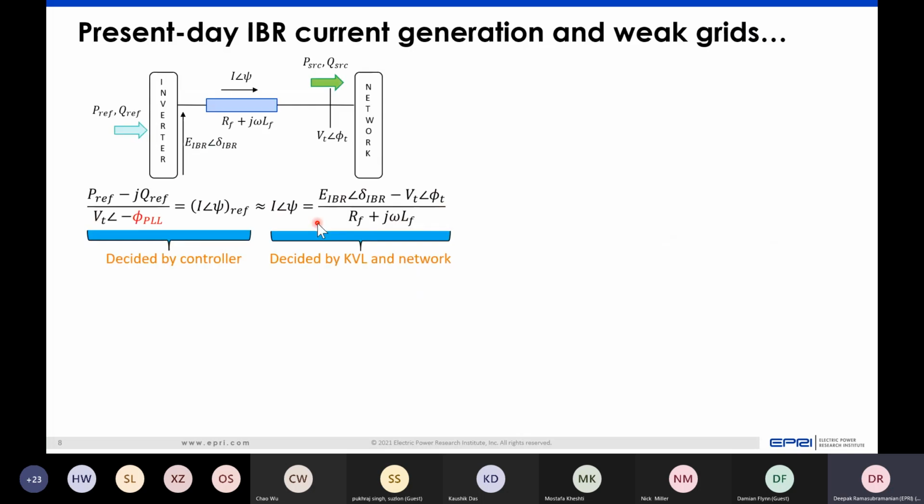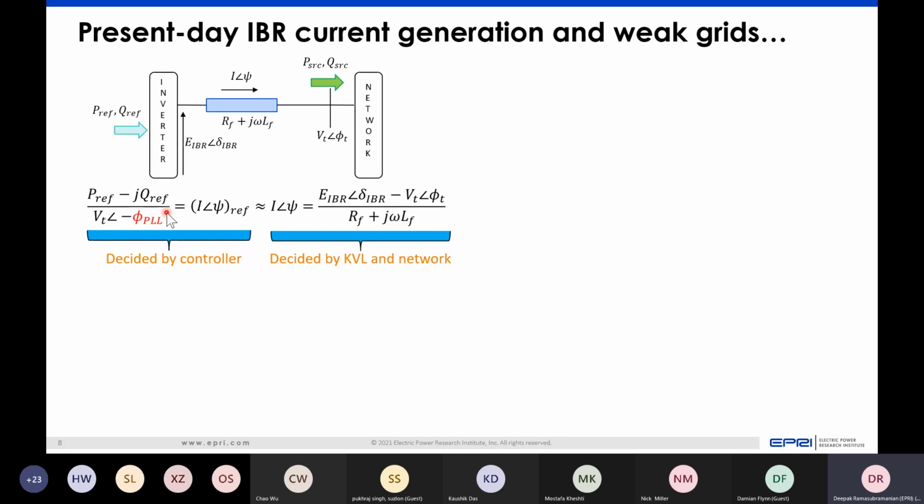So what happens, again, if we take our first principles diagram, but now instead of looking from the source into the network, let's look from the network into the source. If we now look into the inverter-based resource, the entire set of controls of an inverter-based resource can essentially be boiled down to a simple equation, wherein you're looking at Kirchhoff's law and Ohm's law from two different sides, where the objective of the inverter controls is to inject a certain amount of current. It defines that current based upon power references and based upon the voltage. So supposing you have a power reference,